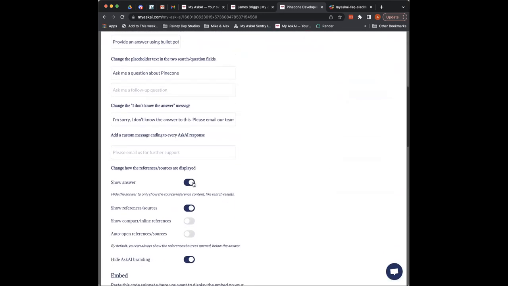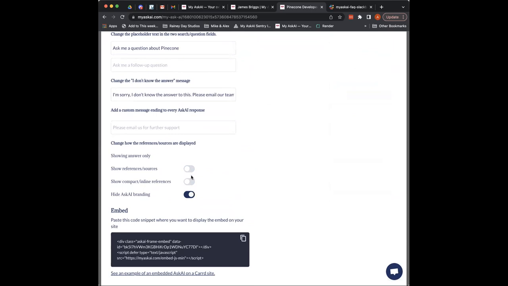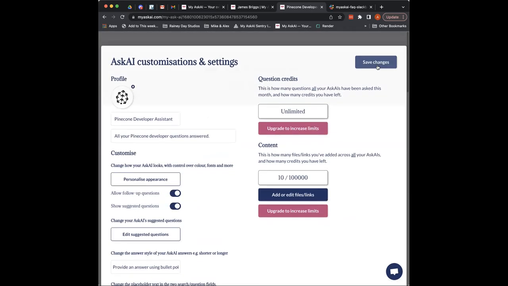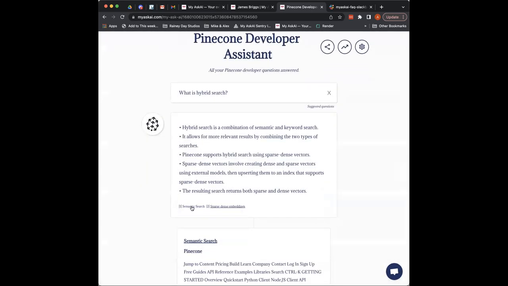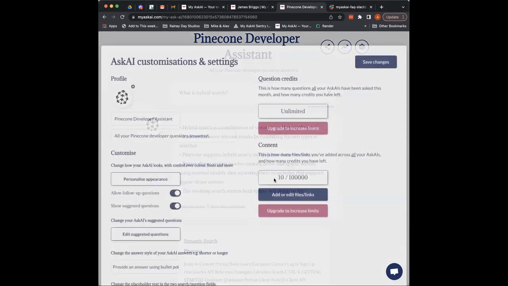We'd rather just, sorry for jumping around, show them the links to the most relevant developer docs. And then they can tag on those compact references, as we call them, and it puts in the most relevant documentation. You can see there the links for the semantic and for the hybrid search are the relevant support docs for this question and for this answer. So really nice link into some of their developer docs.